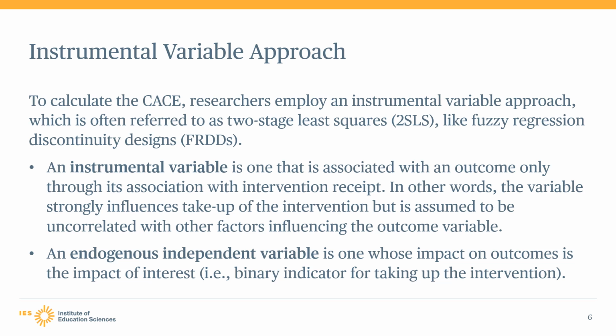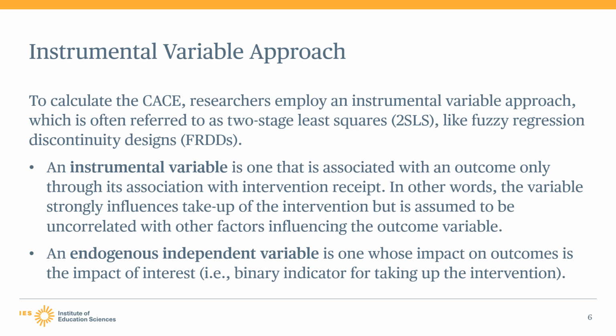Instead, researchers typically estimate the CACE with an instrumental variables estimator, which uses only the variation in take-up that is induced by the random assignment process when estimating the impact of taking up the intervention. This is the same approach that is typically used for estimating treatment effects in fuzzy regression discontinuity designs, called fuzzy RDDs or FRDDs. So broadly speaking, the instrumental variable approach allows for a causal effect to be calculated by finding